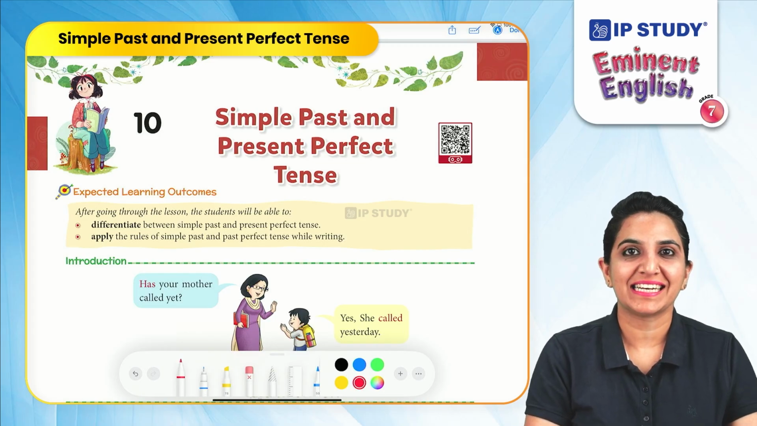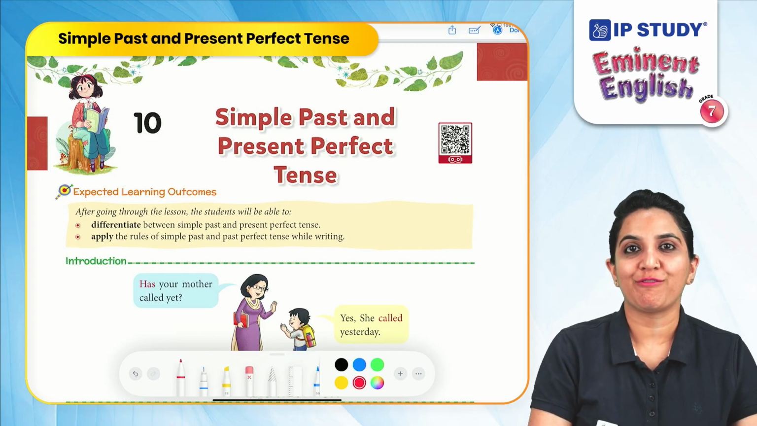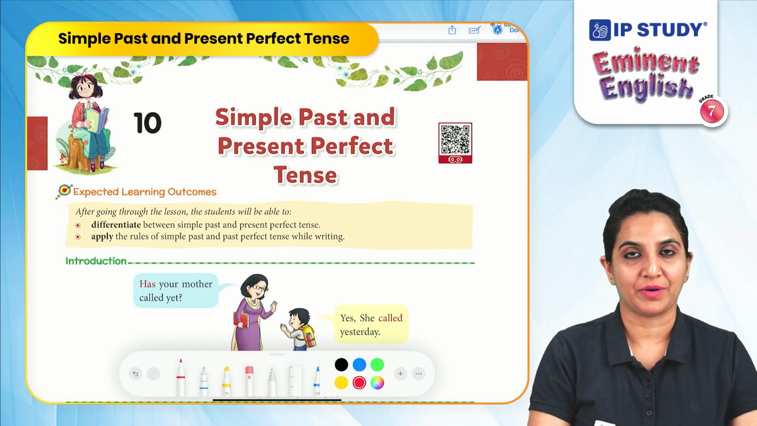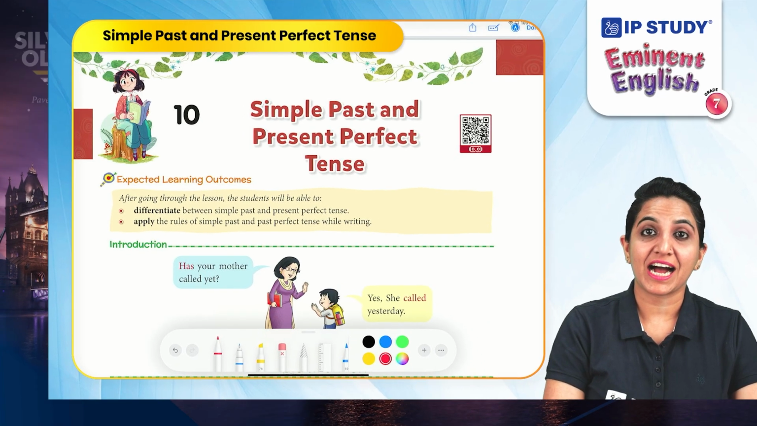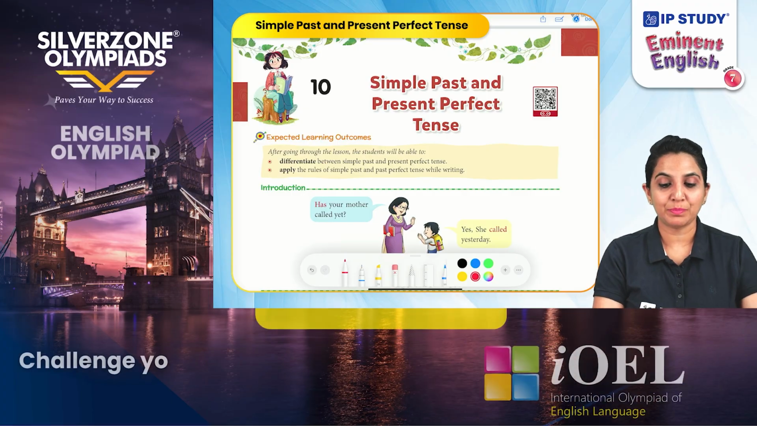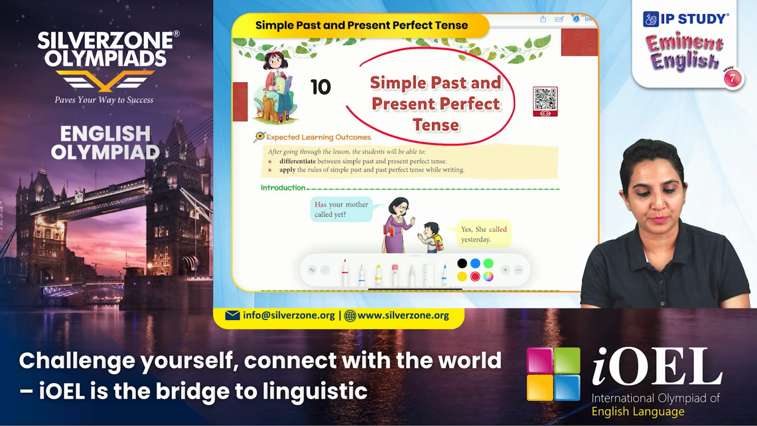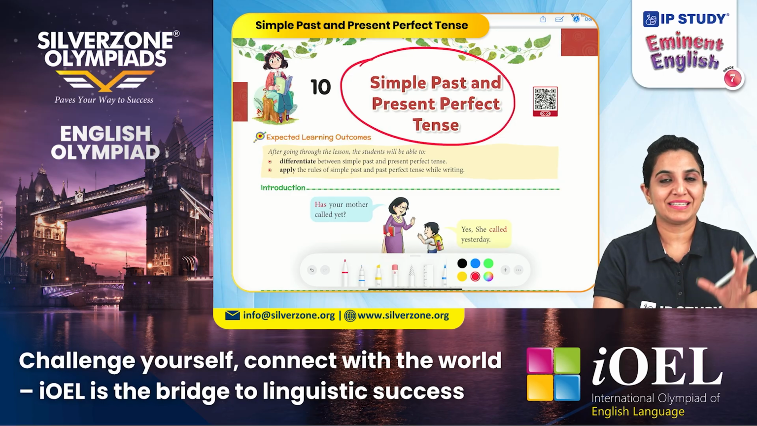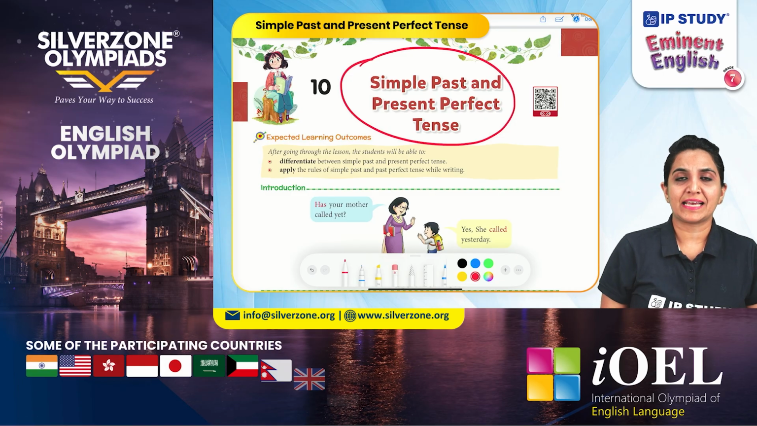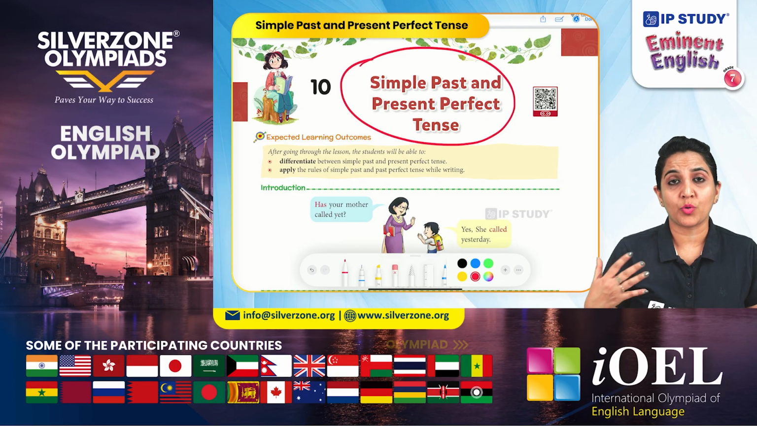Today we will discuss the 10th chapter of Grade 7 English Grammar and we will explore the world of tenses. Our today's topic will be simple past and present perfect tense. Before we study both of them in detail, let's just understand what is a simple past and what is a